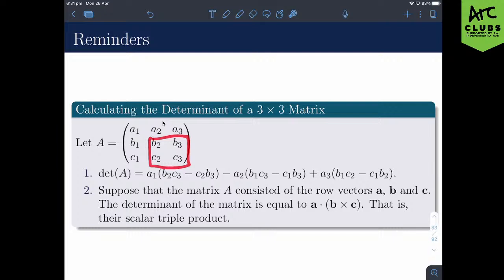From that we subtract the second term times the determinant of this matrix, the 2 by 2 matrix formed by these entries. And then we take the third entry in the first row and we multiply it by the determinant of